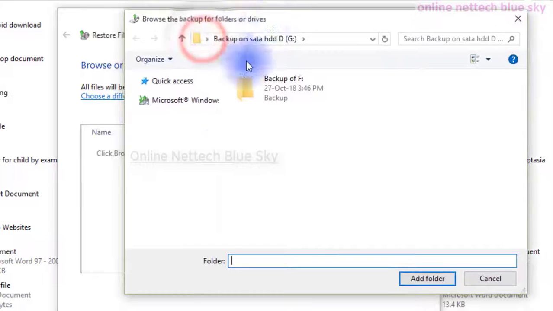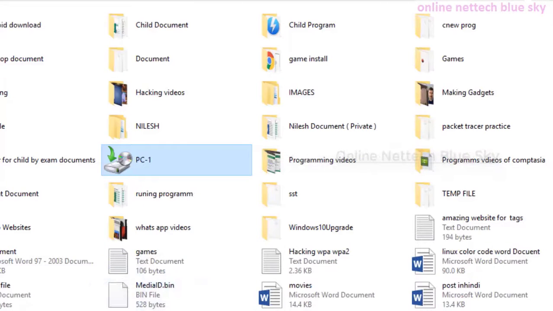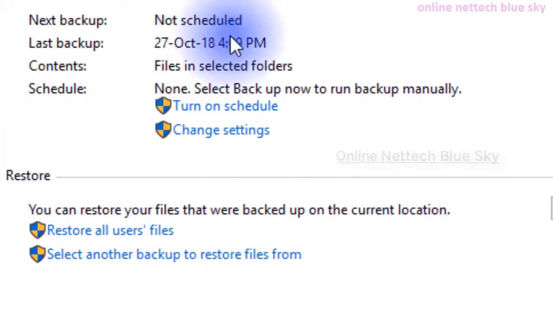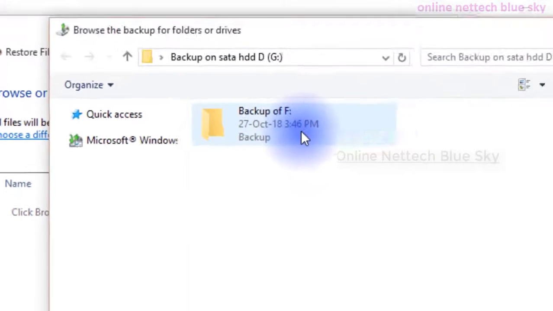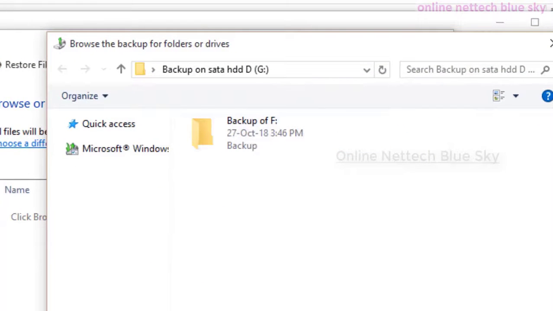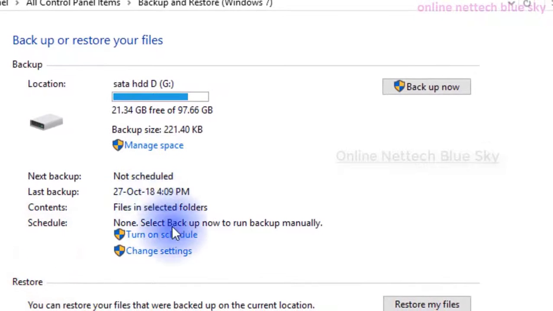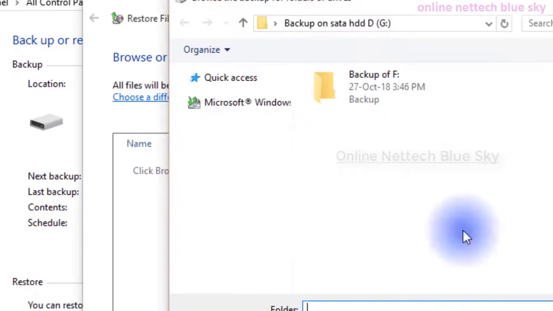This is the backup of my system. You can see the last backup time, and the backup is scheduled to take a backup of my documents.